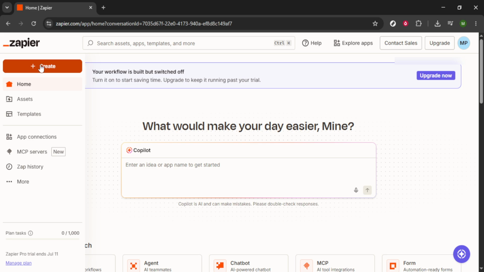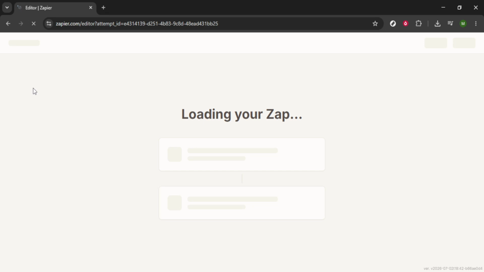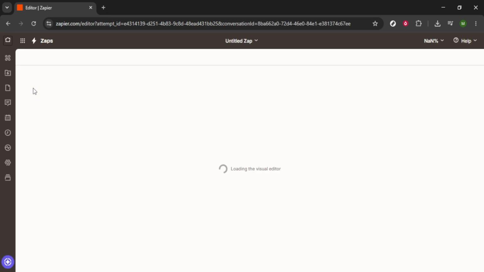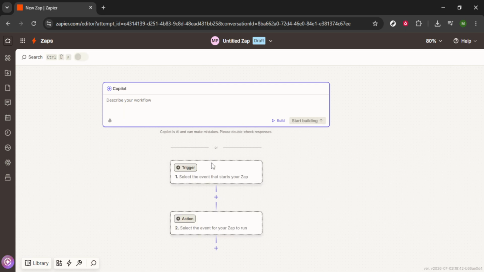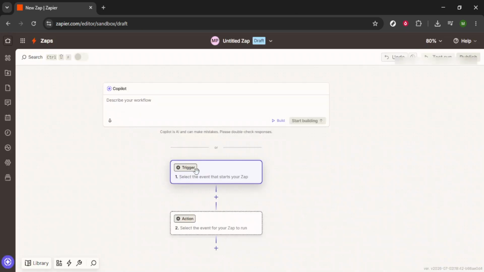Once you're on the home page, look for the Create button. It's usually bright and eye-catching. Clicking on this button will take you to the next step in setting up your automation. Now that you're here, you'll want to look for a section labeled Zaps. This is where you'll manage all your automation setups. When you click on Zaps, it will open a panel showing your existing Zaps and an option to create new